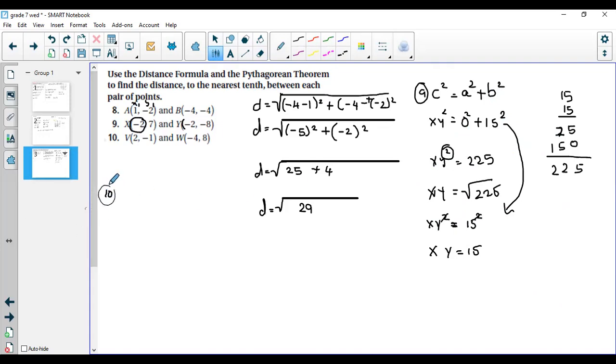Now, I know most of you know very well how to use the distance formula. The only problem is with the Pythagorean theorem. So I am going to do the Pythagorean theorem again so that you will get practiced. It's for your benefit I am doing it. So V and W. Again, we are going to use the Pythagorean theorem, which is c square equals a square plus b square, right? So c is the distance, so we write it as VW square, which is equal to